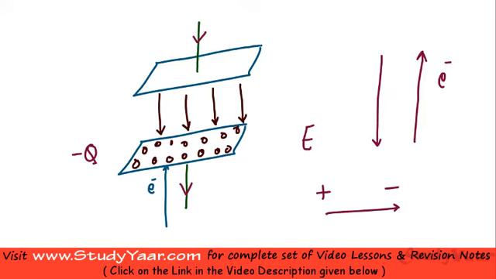This electric field causes the electrons present in this conductor or metallic plate to be repelled. So the electrons present in this particular conductor get repelled and move out of the metallic plate via this wire. Your electrons which are over here are simply lost and they move in this direction. So this particular plate is gaining electrons.